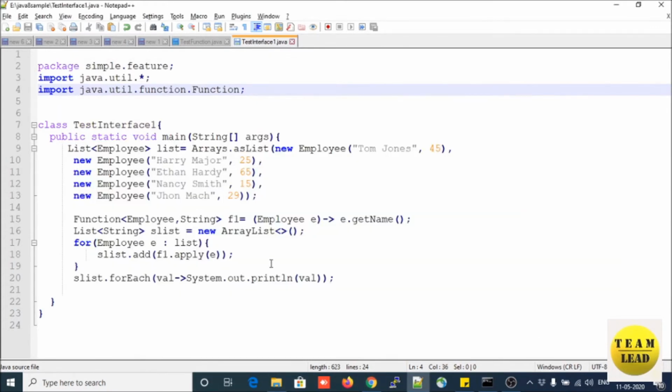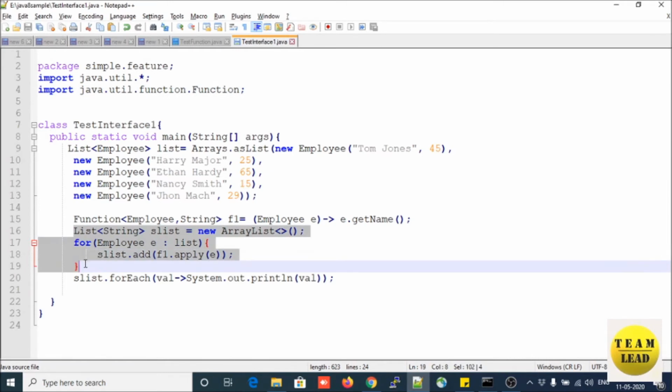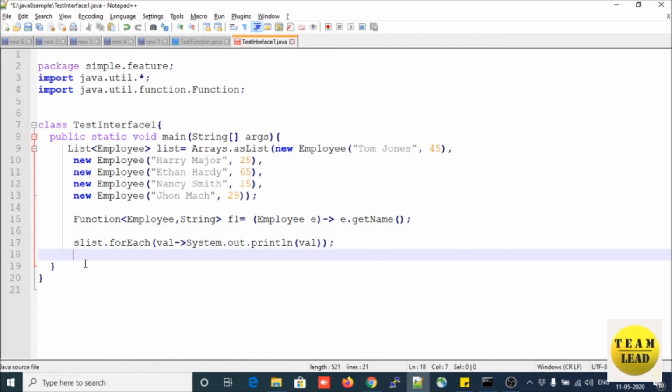In this way, friends, you need not write your own functional interface. Use the inbuilt functionality that is provided by JDK 8. That is nothing but Function. You can use Function and you will reduce the code, and you can concentrate on your business logic rather than writing unnecessary boilerplate logic again and again. So you will see that this is the boilerplate logic here. So I will move this boilerplate logic into a separate method,